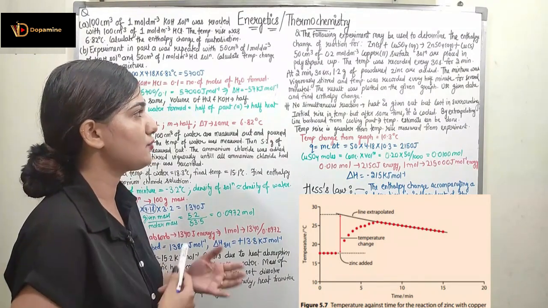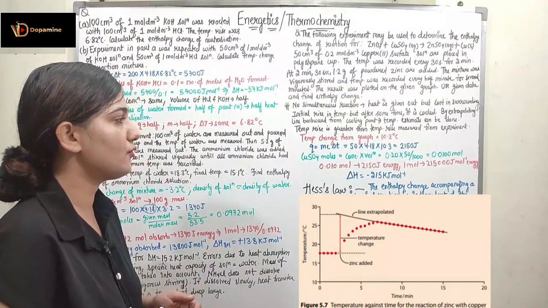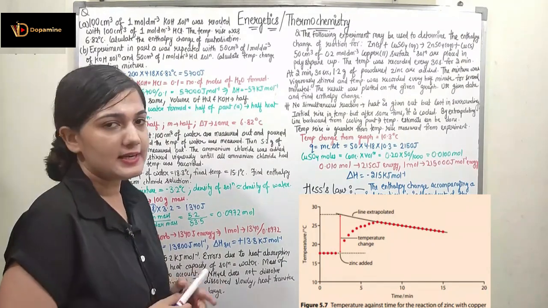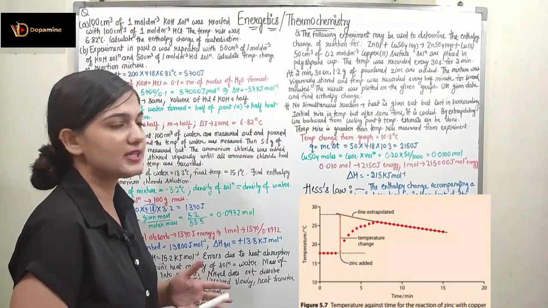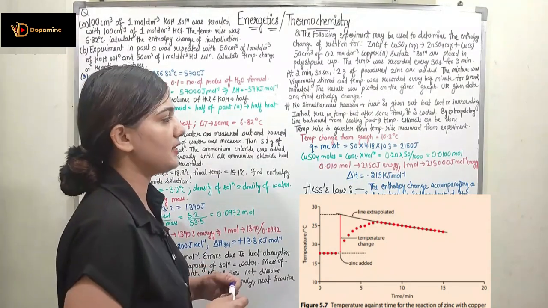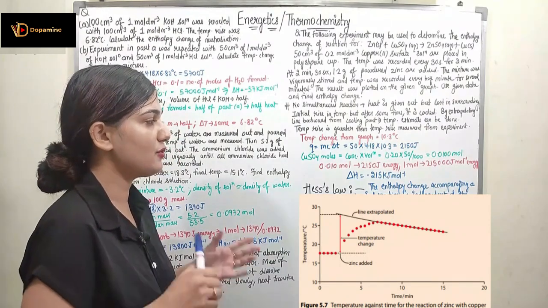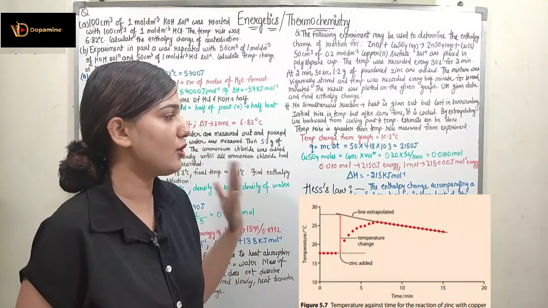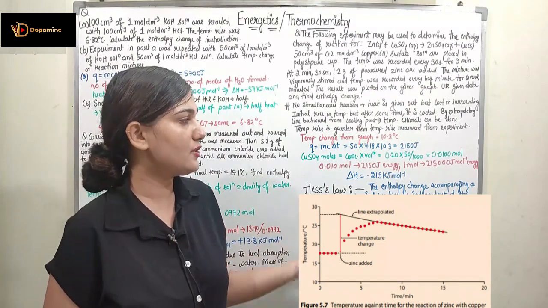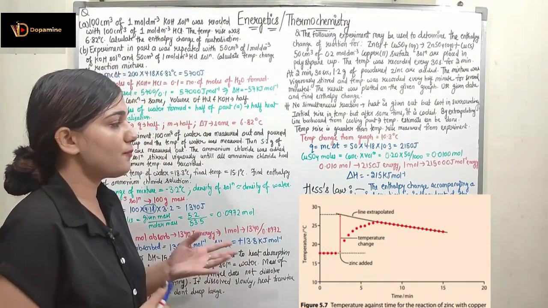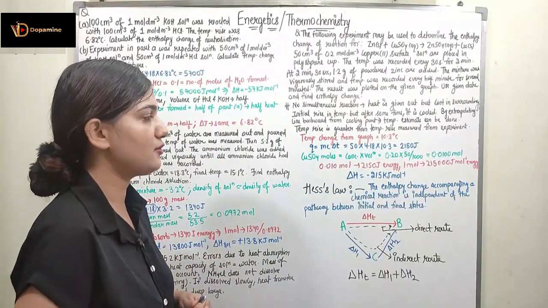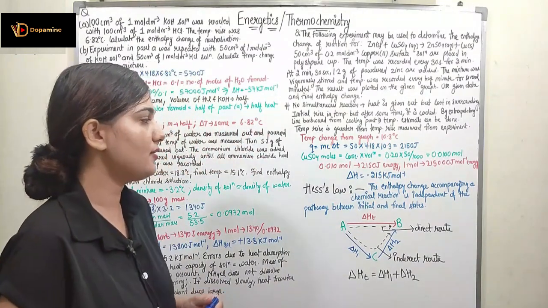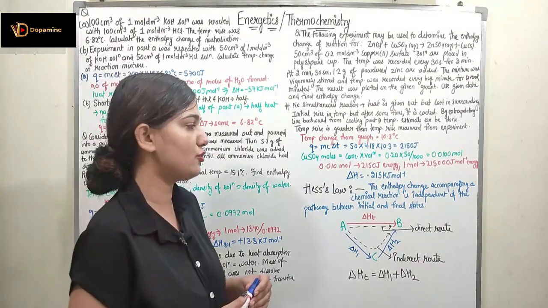Celsius, right? You can use the readings at 2 minutes 30 seconds to find it. Q will be equal to mc delta T, where delta T we have measured, mass is given as 50, and c we will take equal to that of water. So 50 into 4.18 into 10.3 is 2150. The number of moles of CuSO4 that we need to find is equal to concentration into volume. Concentration is 0.2 and the volume is 50 divided by 1000, so the number of moles will be 0.01. Now 0.01 mole has 2150 joule of energy, and 1 mole will have 215,000 joule per mole of energy. So the enthalpy change will be equal to minus 215 kilojoule per mole.